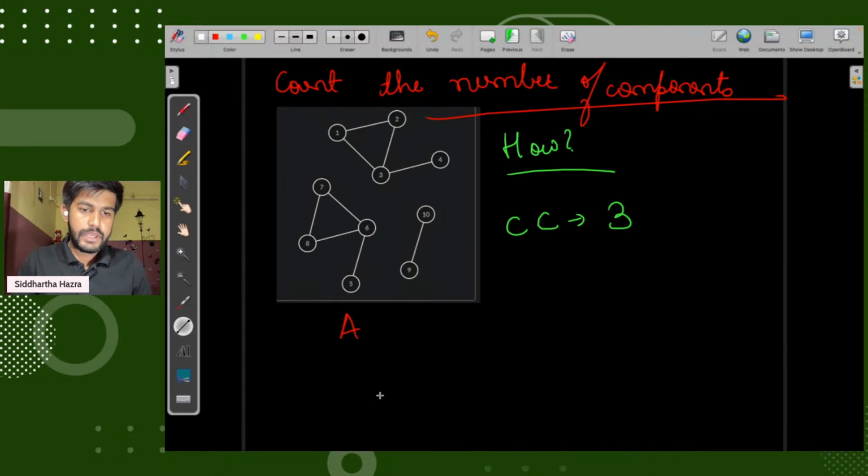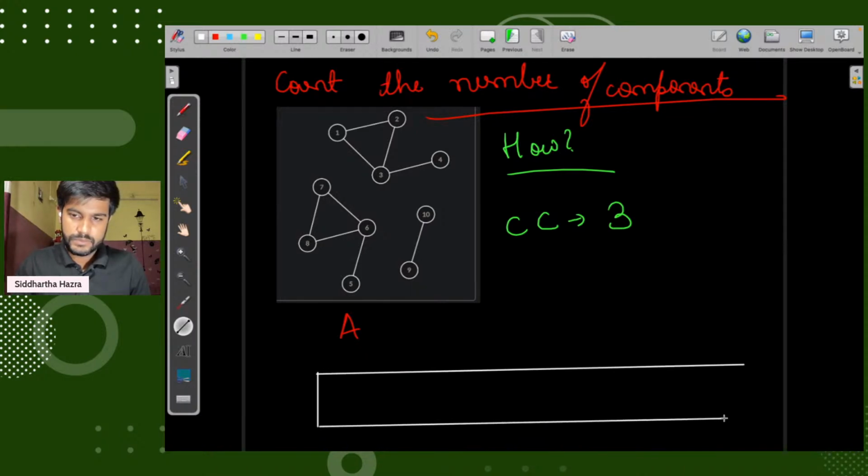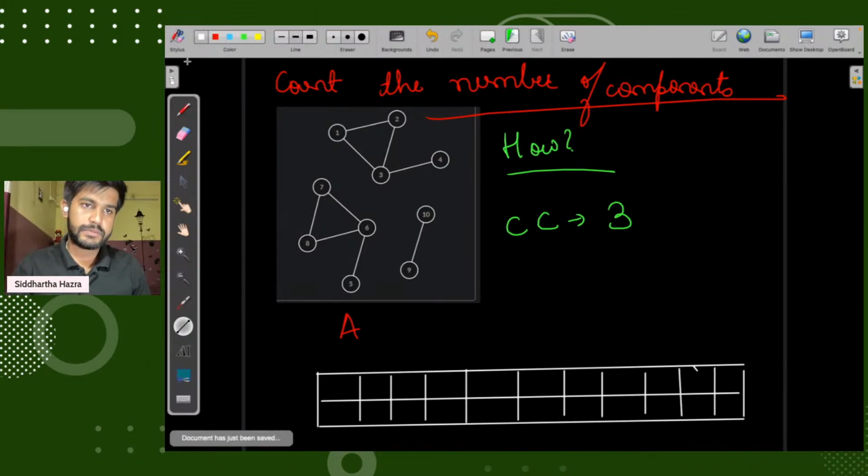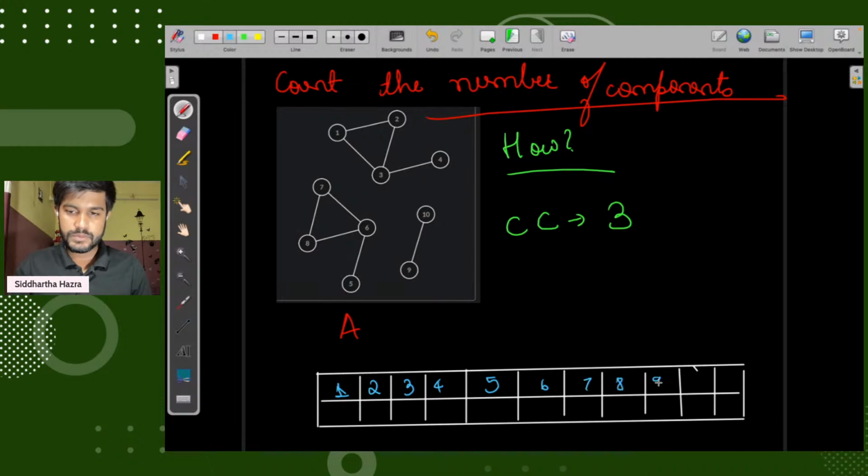First I would make an array: 1, 2, 3, 4, 5, 6, 7, 8. Initially, everyone is not visited.